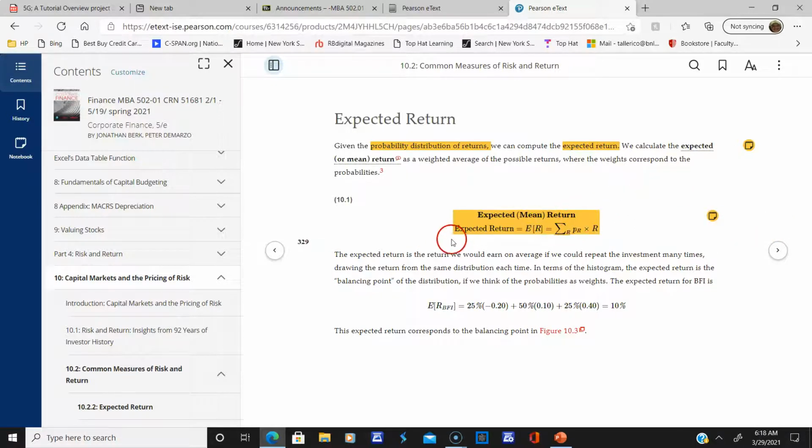And that'll give you the expected return. So from the previous example we saw before, here's the expected return. Here's the 25%, 50%, and 25%, multiplied by the expected return for each one of those: minus 20%, 10%, and 40%. So your expected return is 10%, just as we saw in that graph. And there's your answer. So that's not a bad equation.